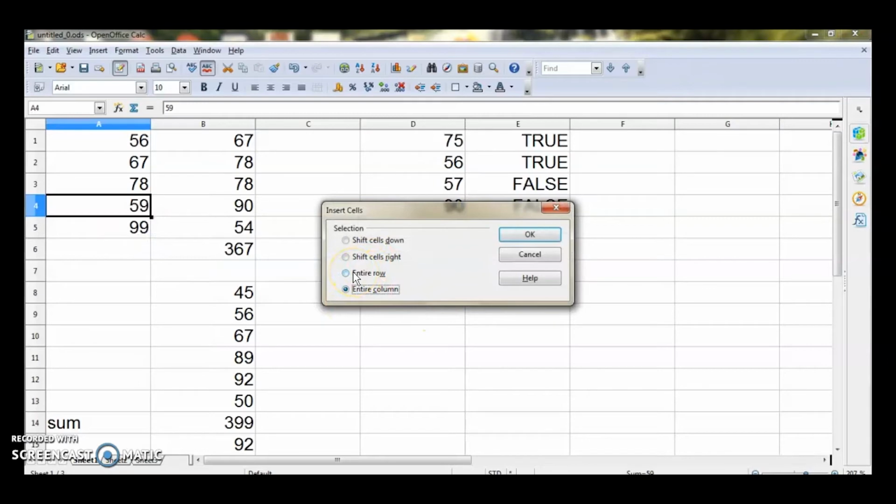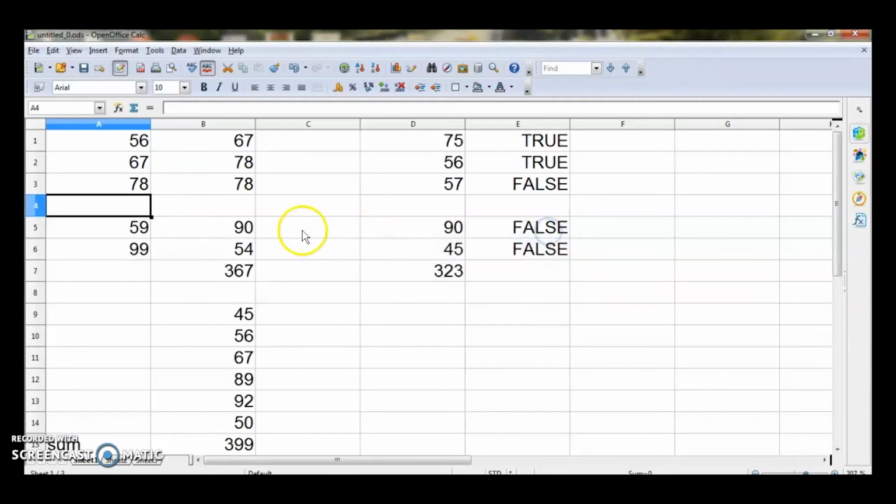So entire row will be inserted before this. So this particular row will be shifted down. So I am giving entire row and if I click OK, see this entire row has been shifted down and a new row is inserted before the selected row. Clear? This is how insert row and insert column operation is performed, and deleting one, it is very easy for you.